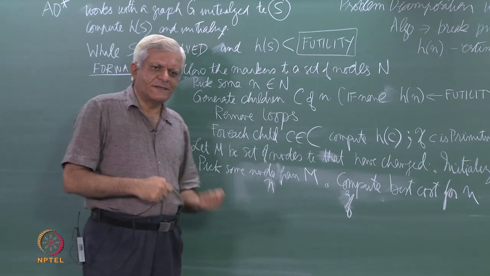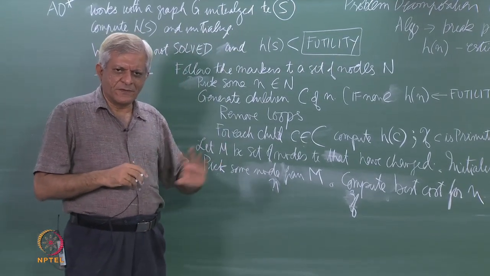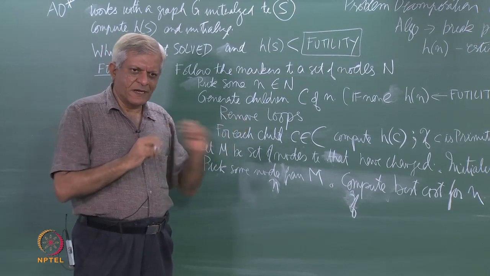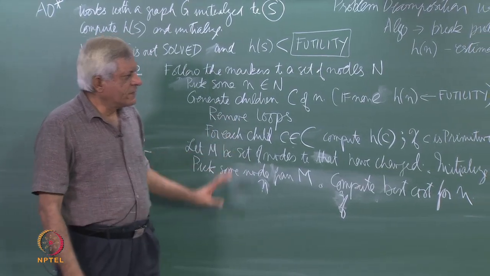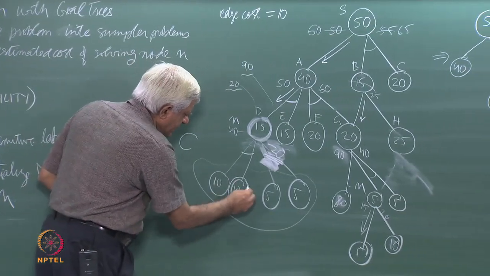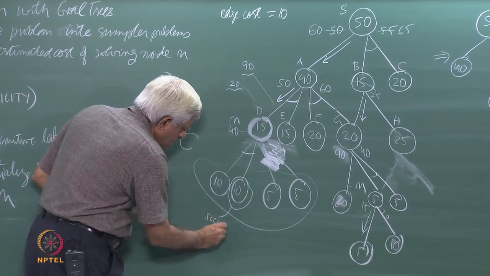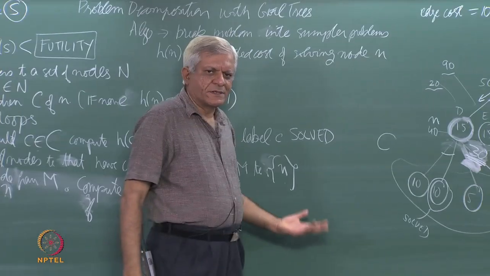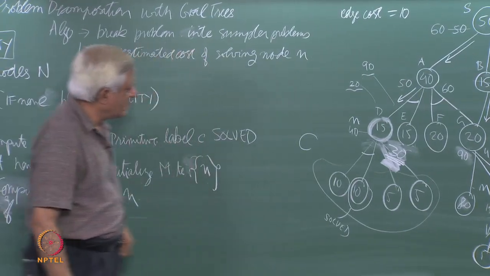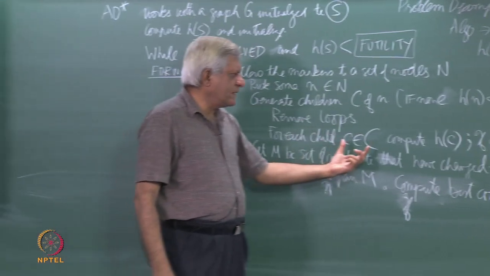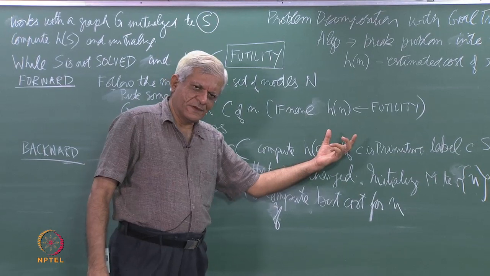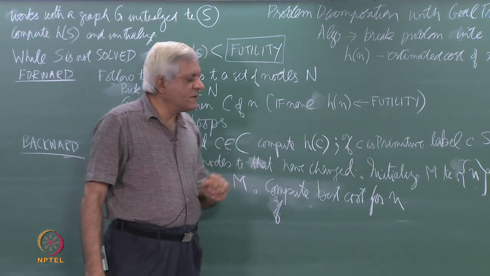If the child that I have just generated is a terminal node or primitive or trivial or whatever you want to call it, or solved, then put a label solved for that node C. So, for example, if this was solved, then I could just put a label saying solved, if I knew that this was a solved node. The others may still have to be expanded and so on. So, for every child you compute the h value, and if it is a solved node or primitive node, you label it as solved,